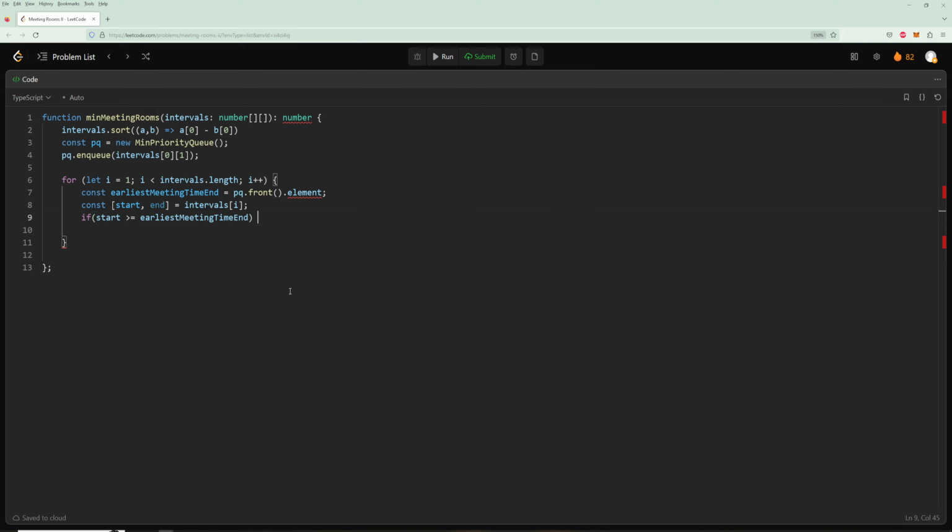Then what we're going to want to do is dequeue, right? So dequeue is like a heap pop. So we're going to dequeue, and then no matter what, we're going to enqueue our new thing. Essentially, if we can reuse a room, then we will do a dequeue and an enqueue, which will keep the heap the same length. So regardless of whether we dequeued or not, we're going to enqueue,